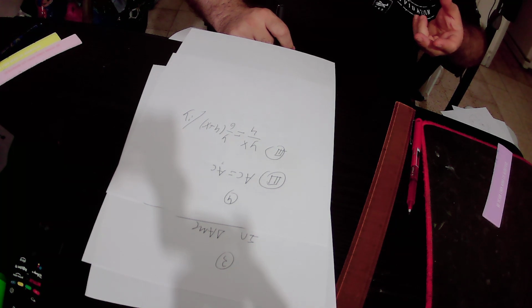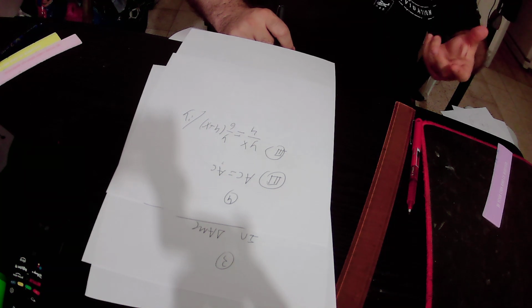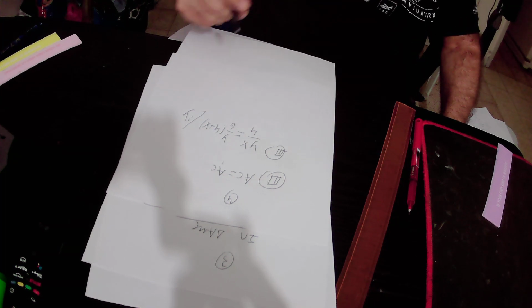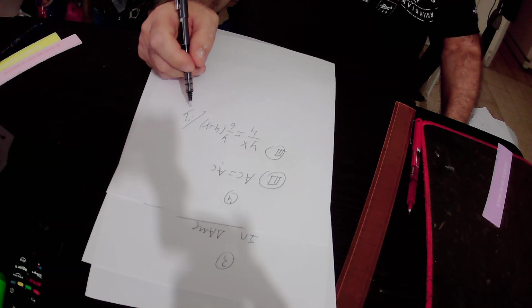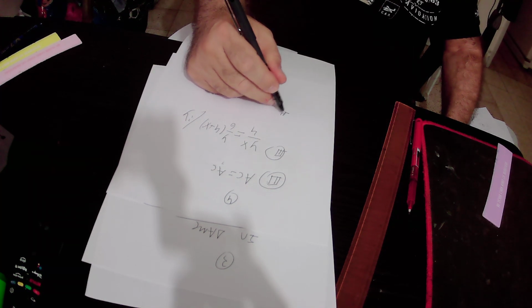The size of a triangle can never be 0. Therefore we can divide this equality by y, and we will get that